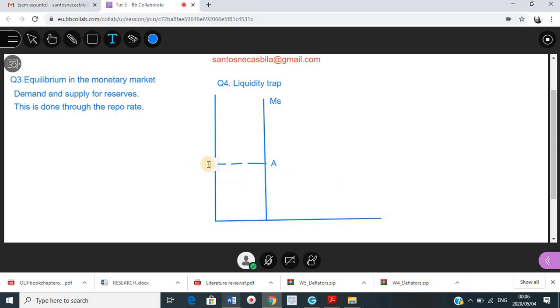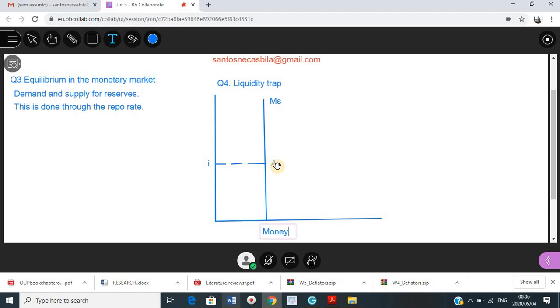Of course, this is the interest rate, and this is money supply. Very good. So what happens is that at this point, we are going through a recession,